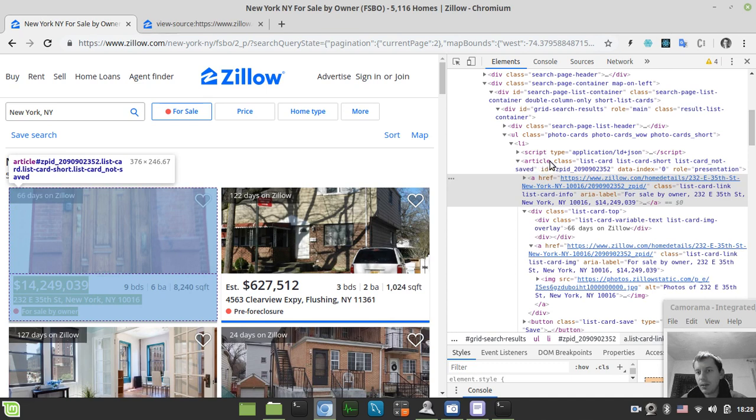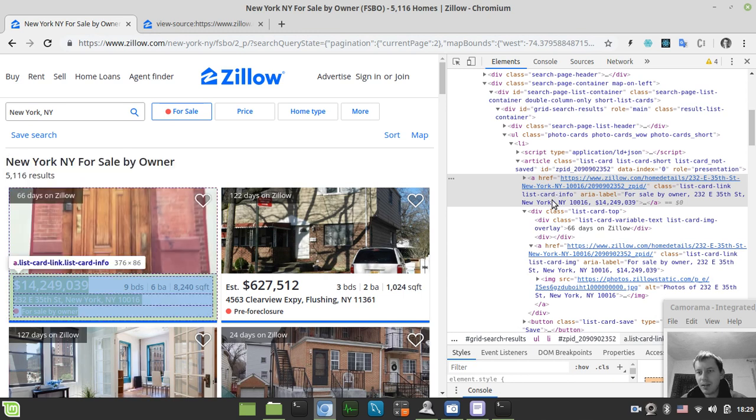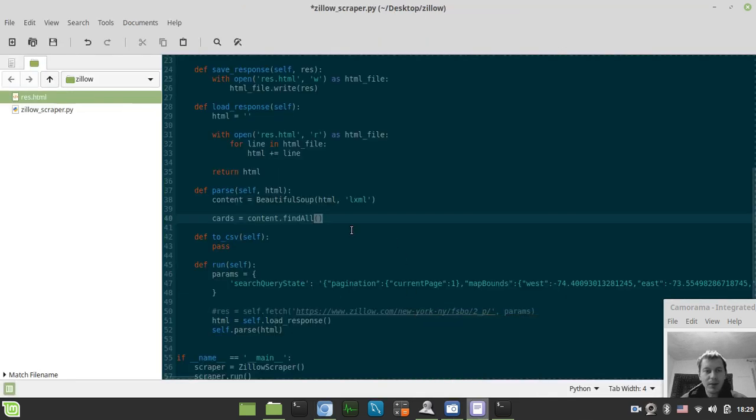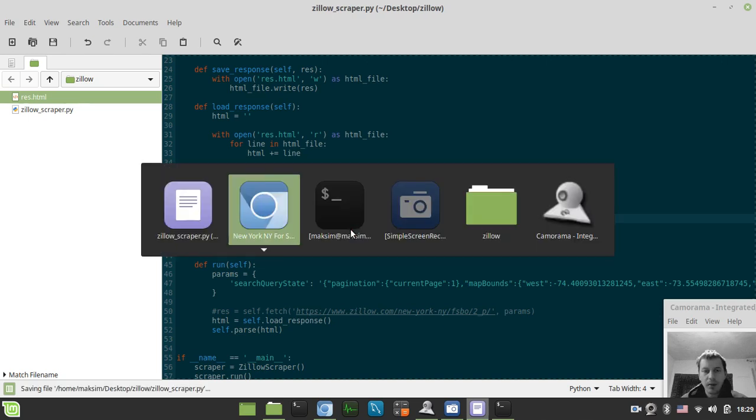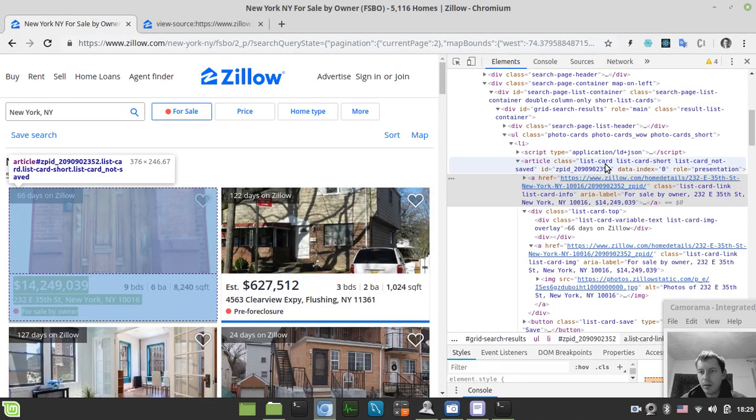I'm first seeing this sort of tag ever, to be honest. Okay, so article class list card. Well, this is really something new for me, guys. Okay, so article tag. I've never seen that before. Okay, and the class equals to list card,